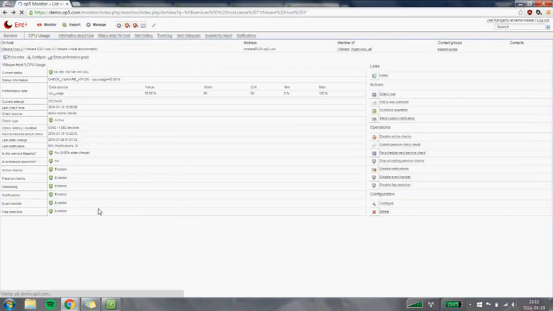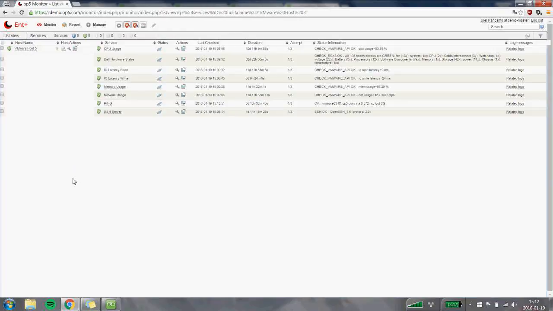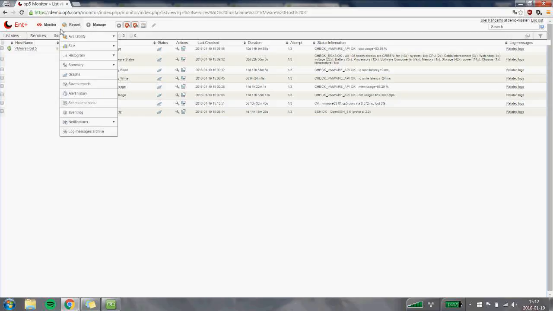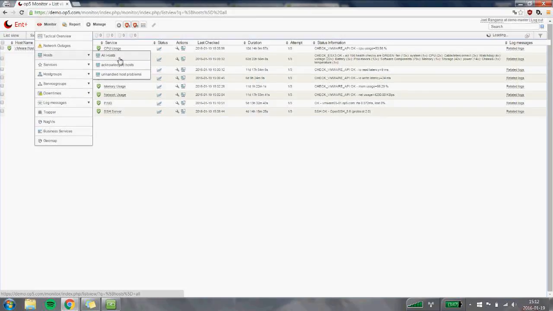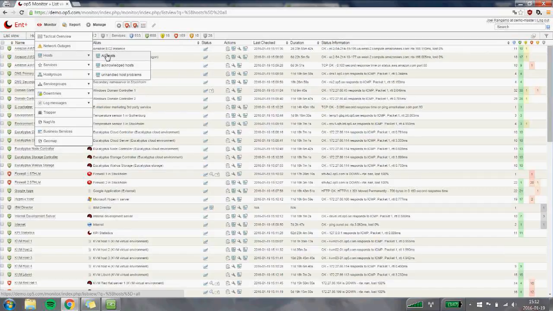This is a VMware server, and it's fairly common in most infrastructures. But op5 Monitor is a very pluggable and flexible monitoring system. So if you can think of a use case or a device that you need to monitor, chances are great that we either bundle a monitoring plugin to check that, or you can use any of the thousands of available Nagios compatible monitoring plugins. So, as I said, this is a VMware host, but it could also be something like a network switch, or